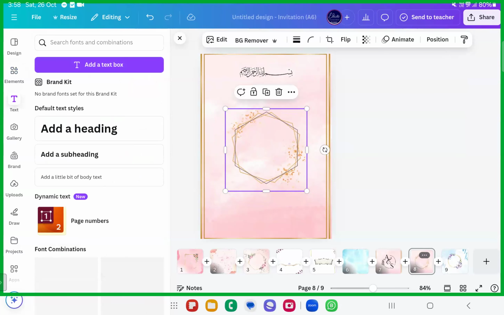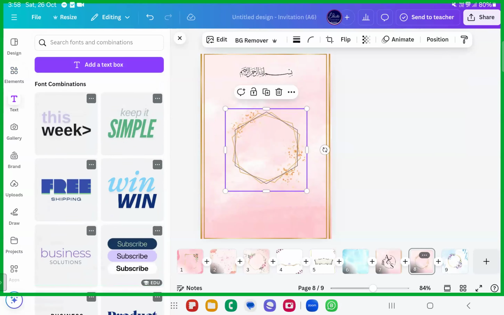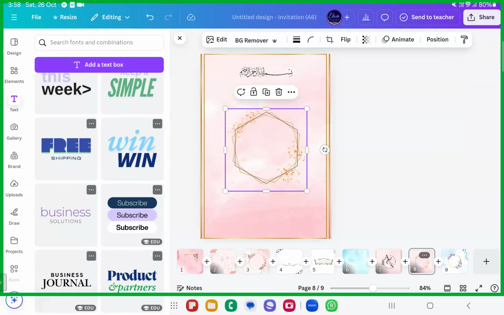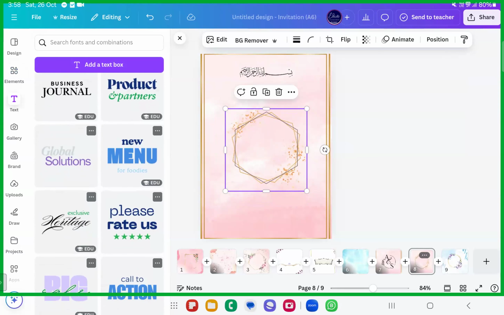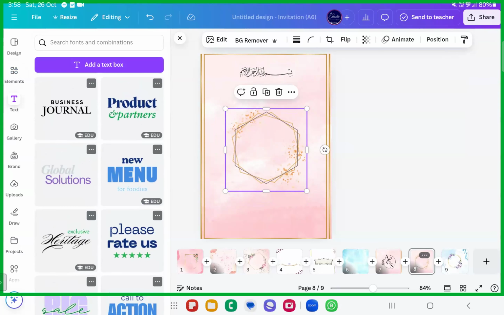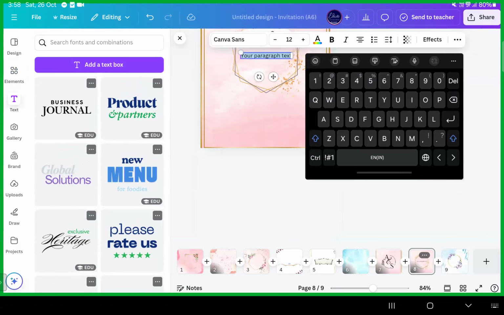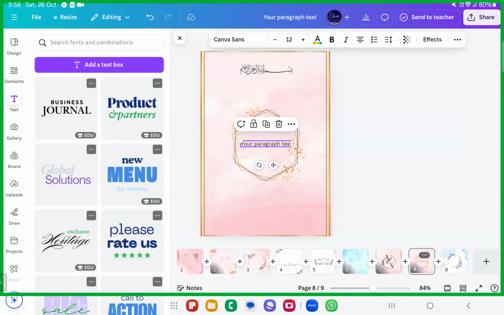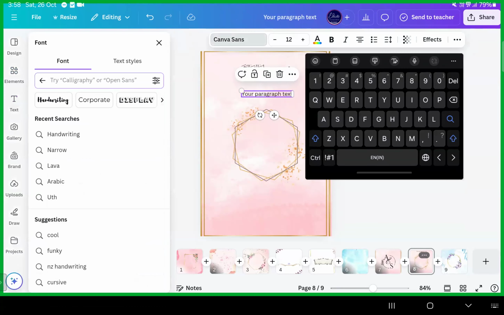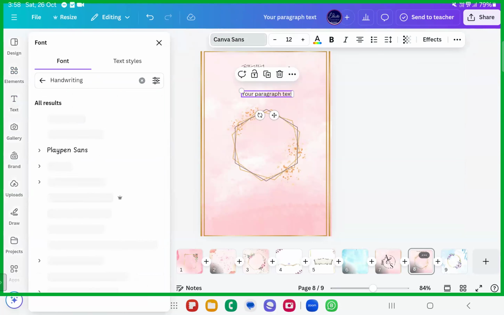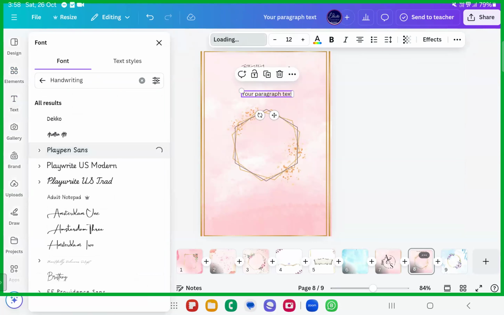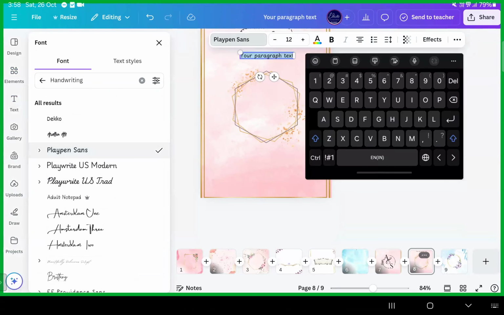And make sure the textual content is always handwriting kind of, right? Because for the invitation cards, usually the textual content should be handwriting. Everything should be handwriting kind of, to make it italicized and more. So usually we prefer going ahead with handwriting. I will start with Play Pen. Okay, content is all yours or the client's.